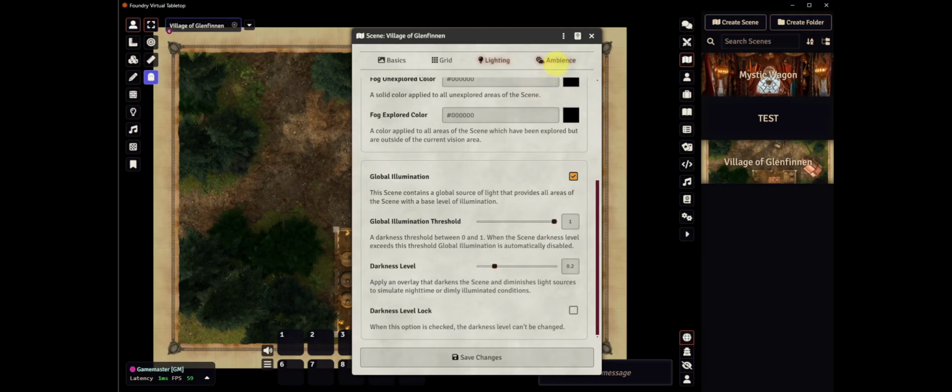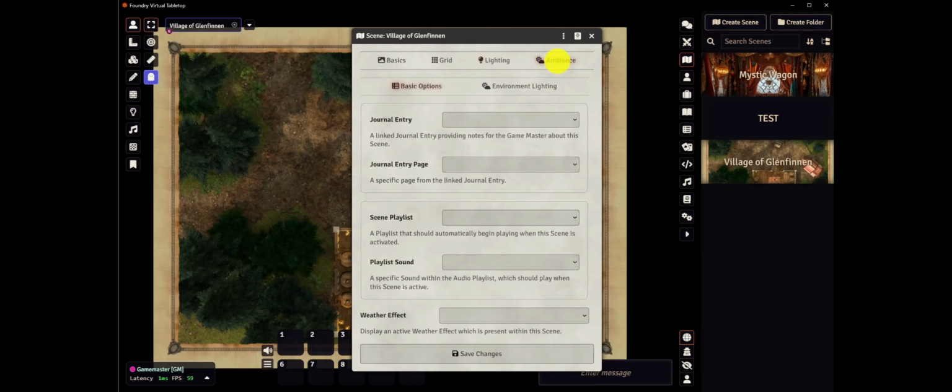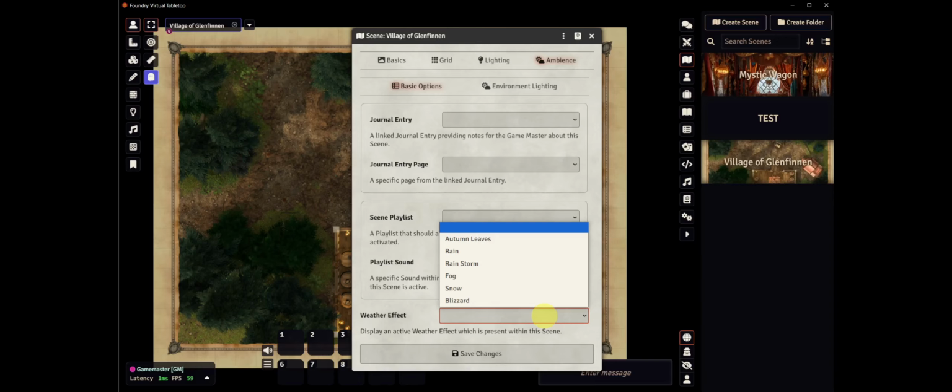Then I'll select the Ambiance tab at the top right, and I'll scroll down to the very bottom of this tab where it has weather effects. You can see here when I click on the menu that there are 6 options to choose from. These are just the default 6 that's included with Foundry VTT. It should be noted that there are dozens and dozens of weather effects that you can add on as part of free modules. I'll go ahead and select fog